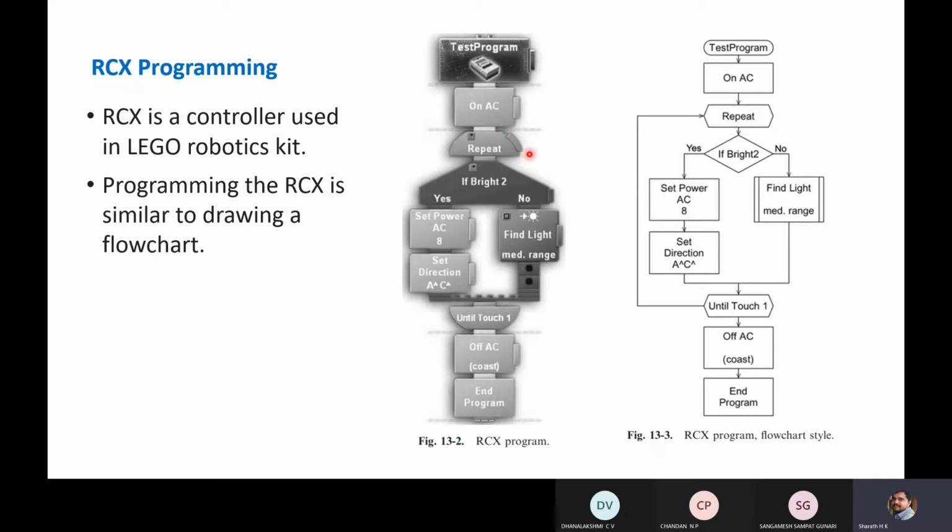Now consider a robot in the Lego robotics kit. This is a mobile robot, which means it will move. It is not like a fixed robot, such as a robotic arm used for material handling, where only the arm moves while the base stays in a fixed location. Mobile robots move on the floor or on any terrain.